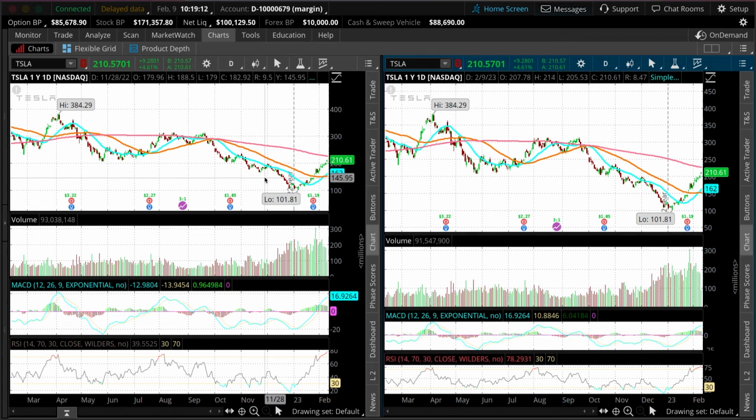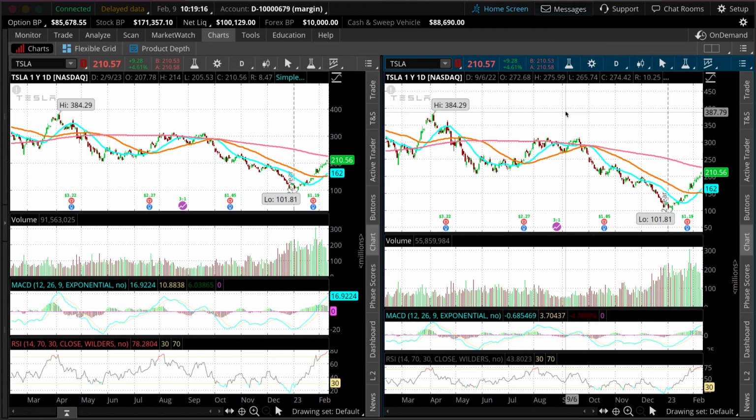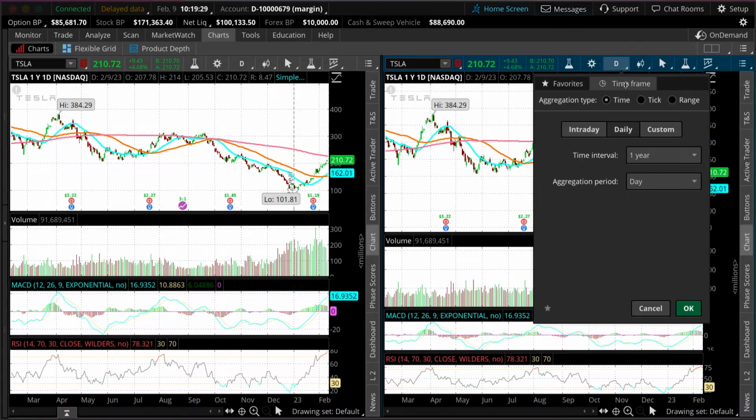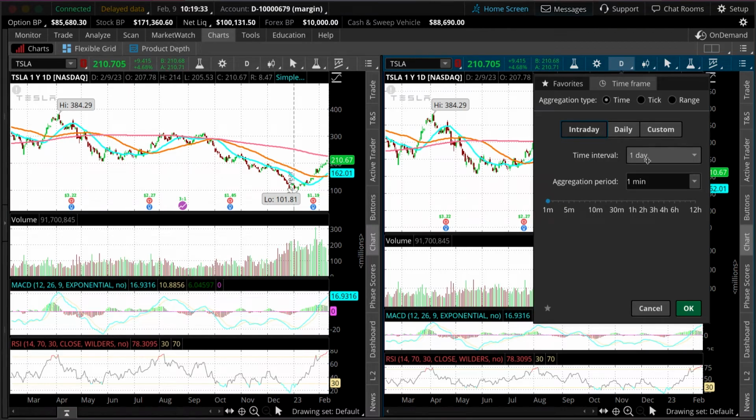Now as a stock trader, you may want different time frames. Obviously we don't want to look at the same chart. So let's change this to a closer time frame. And to do that, we're going to click this button up here for time frame setup. And you'll have some default time frames built for you, 1 day, 1 minute, 5 day, 5 minutes, or you can go into time frame and build your own custom time frame. So we're going to click on intraday, and let's look at a 2 day, 5 minute chart here,